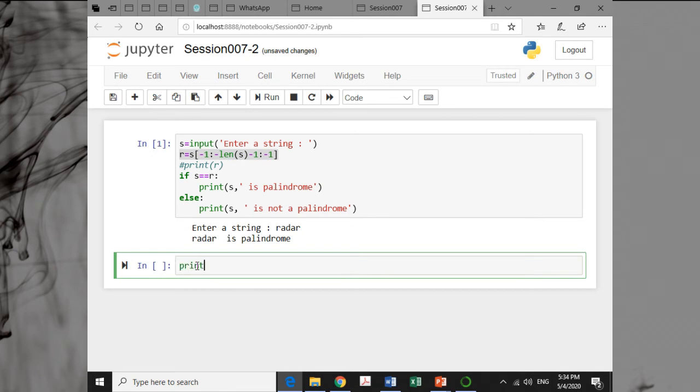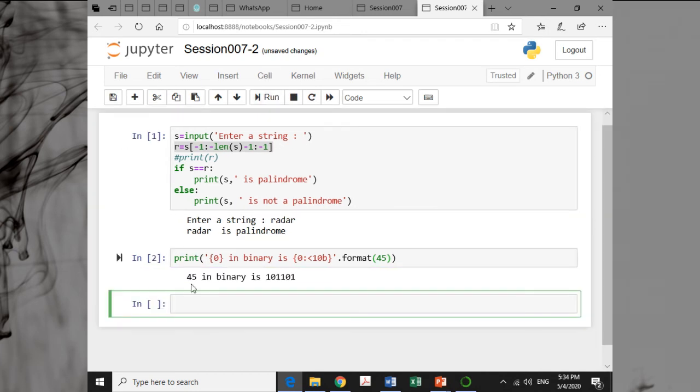Say print, start of a string, 0 in binary is 0 less than 10b dot format. And what exactly I want to print? 45 in binary. If I run it, this is 45 in binary.